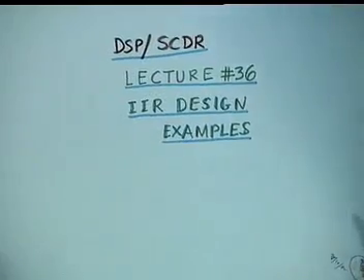This is the 36th lecture, and today we only work out examples, design examples of IIR by both bilinear and impulse invariant transformation. Later on, we shall divorce the impulse invariant transformation with the understanding that you go to impulse invariance only when the requirement is not very stiff. Only when the requirement can be relaxed, you go to IIT.